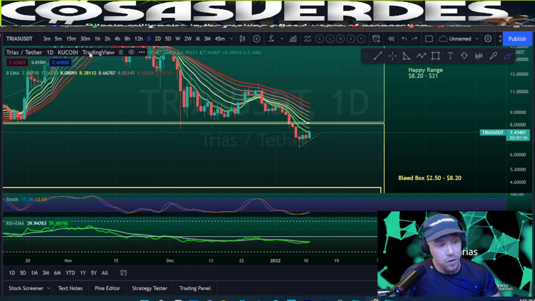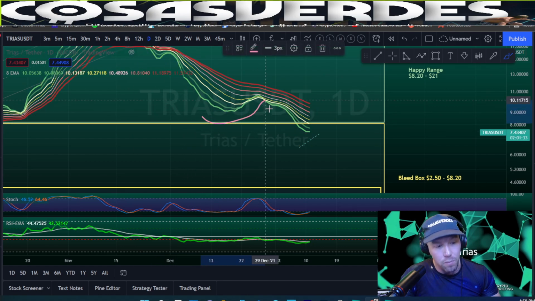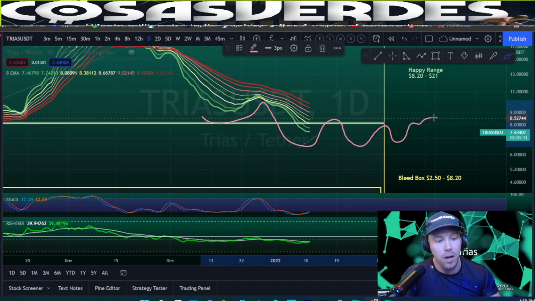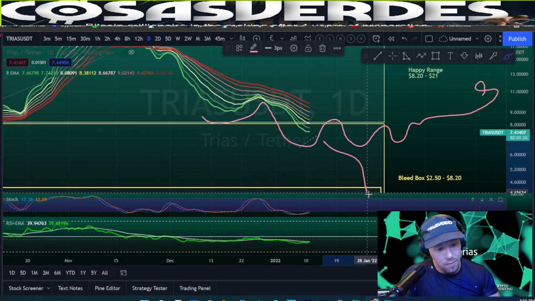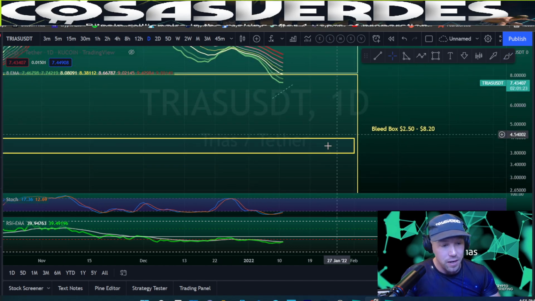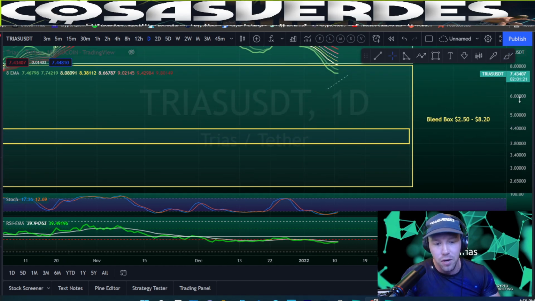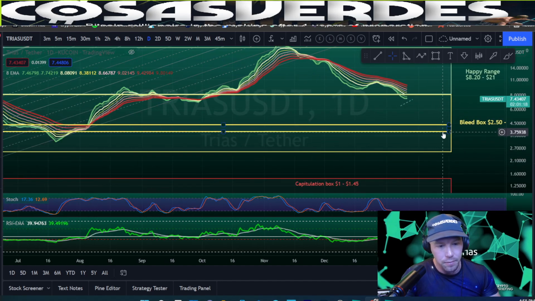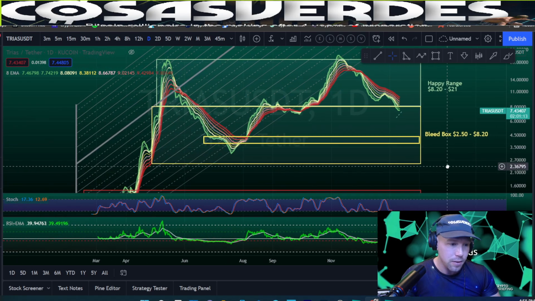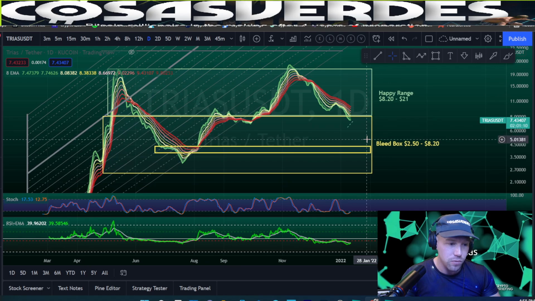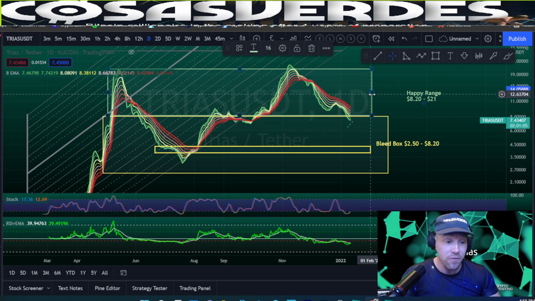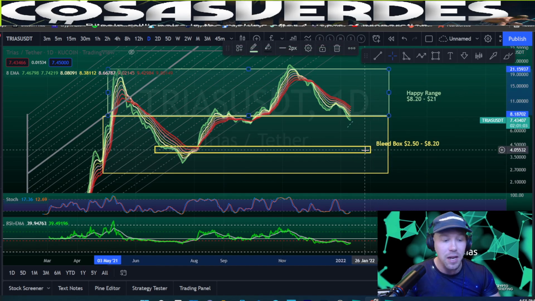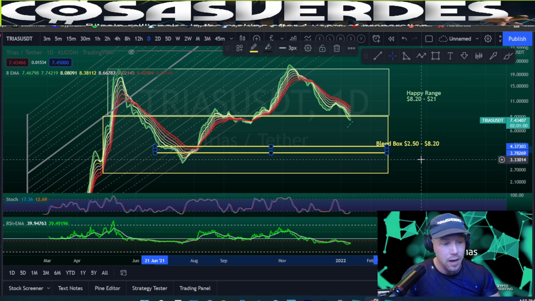If you could just look at the ribbons without price, usually you need multiple waves up before, and then it squeezes, all the ribbons compress, and then it goes up. But before it does that, it's kind of like Multivac. I would probably be more interested in picking up Trias just under $4. Somewhere around $4 and just under. So I don't think it has much of a chance right now. But it could hit that daily 200 EMA first, which would be a big trade. That could happen first, and then it comes back down to the bleed box. That could be kind of how it works out.